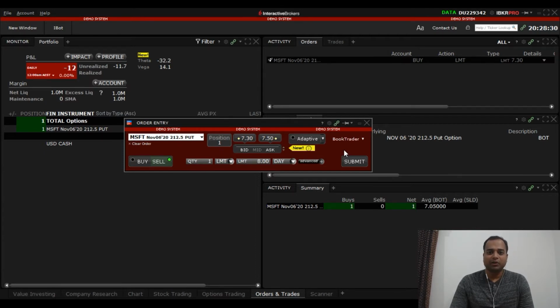If I don't have a limit order, then I have to continuously monitor my position, which will take a toll on my health and my emotions. Okay, and even if it reaches 8, I will still not close because I will hope that the price will go beyond 8. So I will wait for the price to reach 8.5, and let us say it reaches 8.5. Even then, I will not close the position. I will wait for the price to increase a bit more.